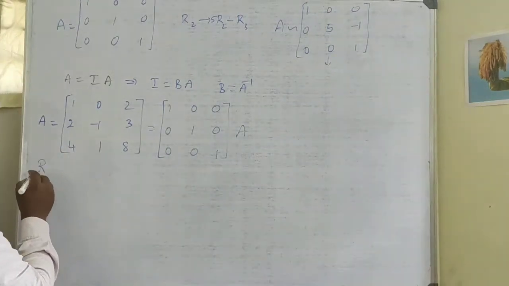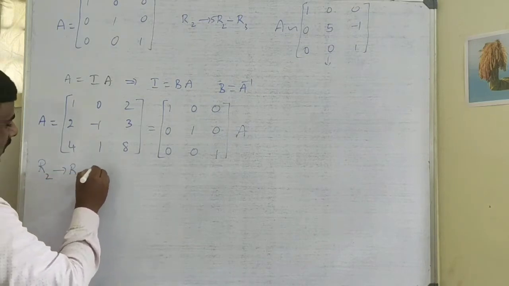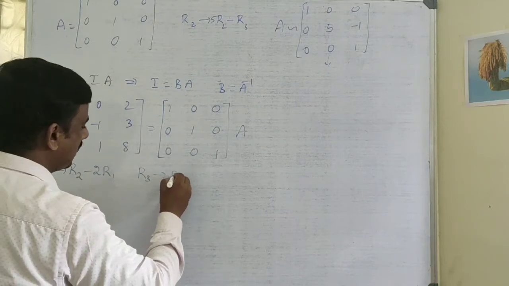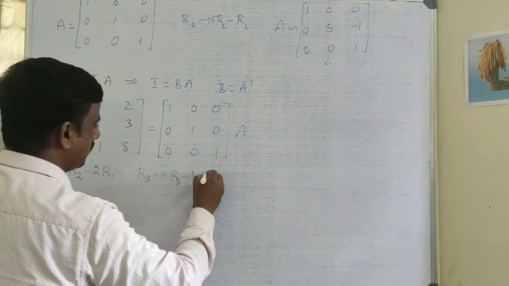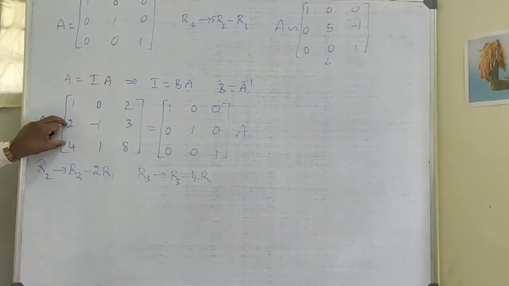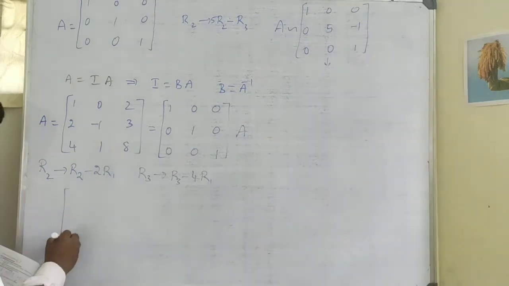So the suitable operations are R2 changes to R2 minus 2R1, R3 changes to R3 minus 4R1. Now applying these two operations, these two entries will be 0 and the resultant matrix will be,